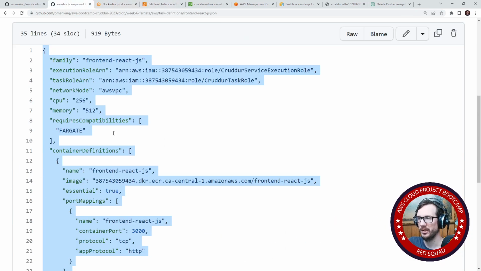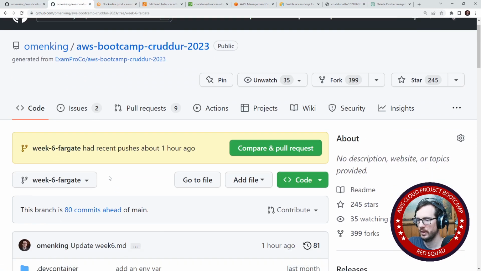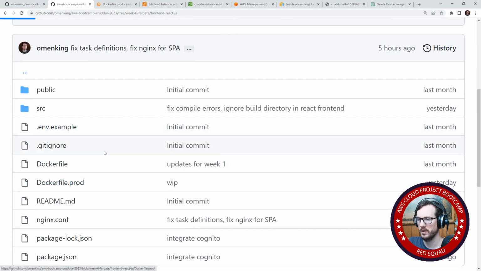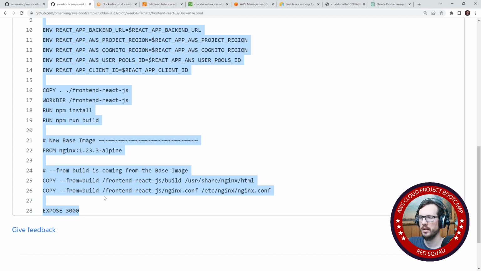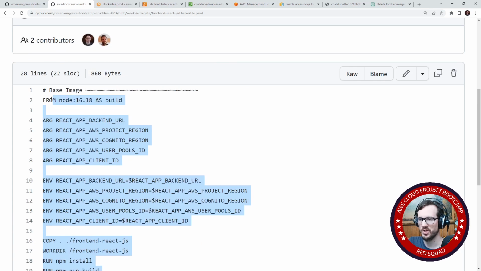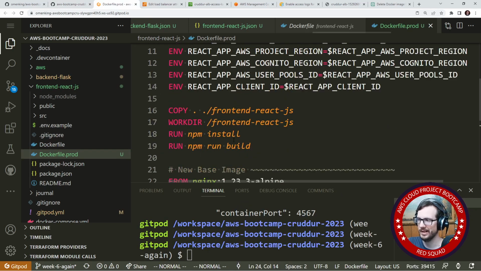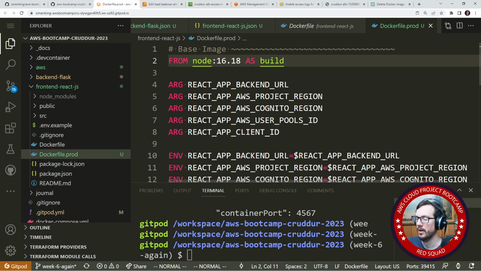We'll go back over here and we'll go into here. And we'll take a look at our front end Dockerfile prod. And I don't know where I got this. I think I might have just asked ChatGPT to generate this, and it wasn't the best generated thing, because I remember when it generated it, it gave me different numbers on stuff when I had to tweak it. But anyway, the idea here is that we are going to use Node,